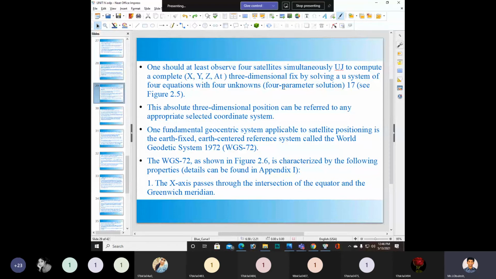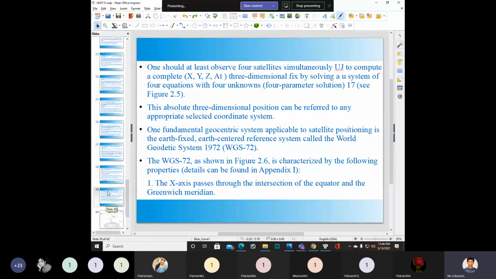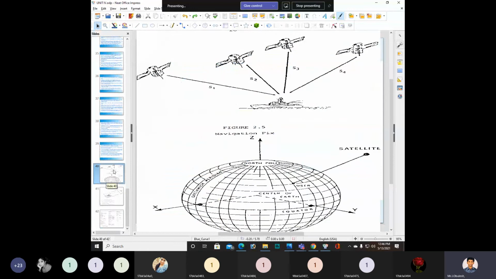In the coming slides we will be able to see this absolute three-dimensional position. In Figure 2.5 we have S1, S2, S3 and S4.